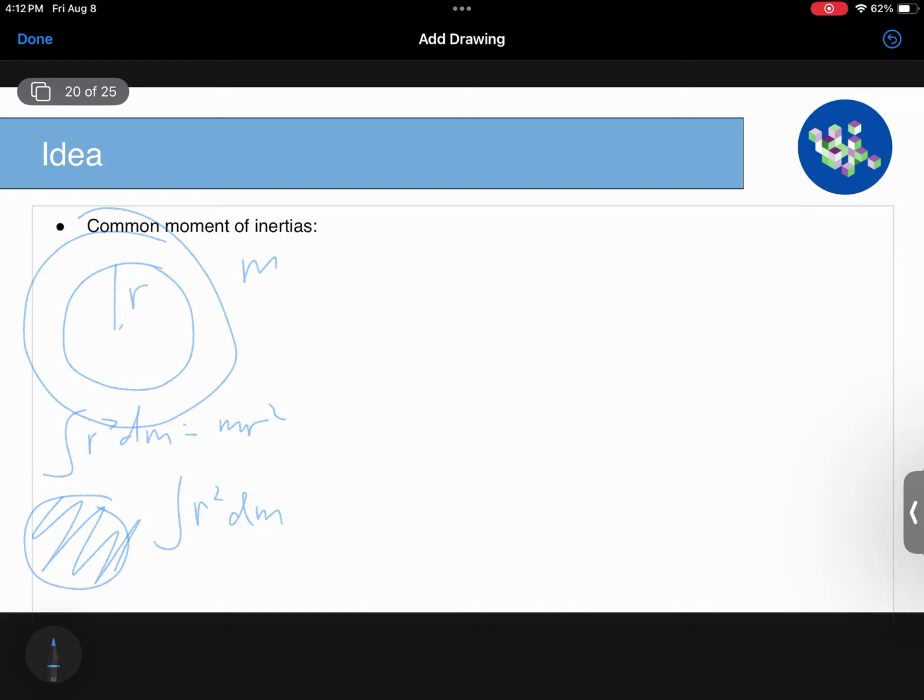So let's be a bit more rigorous. Let's get this ring over here. Say it has a mass density of sigma. Then if I integrate over my rings, it will be the integral of